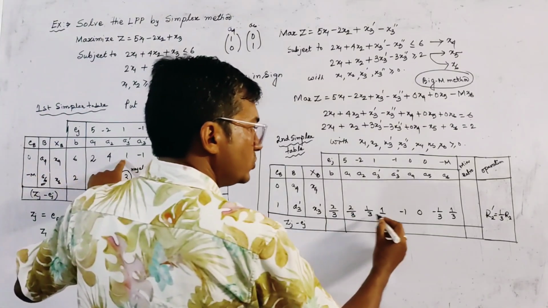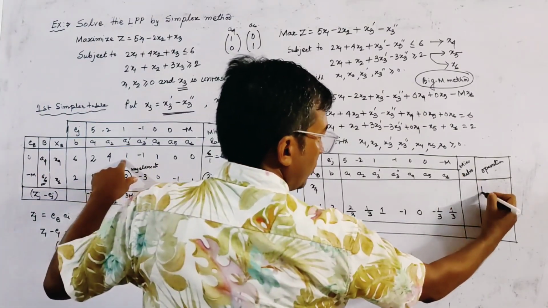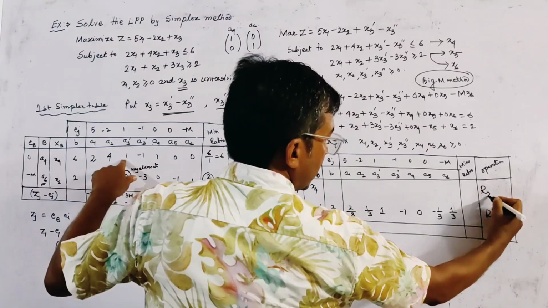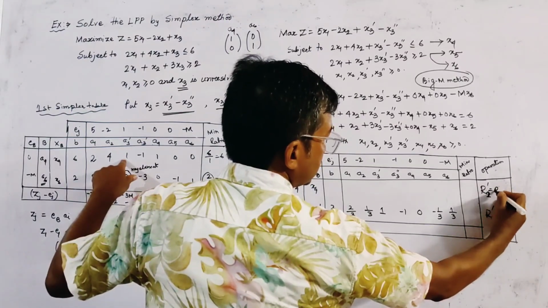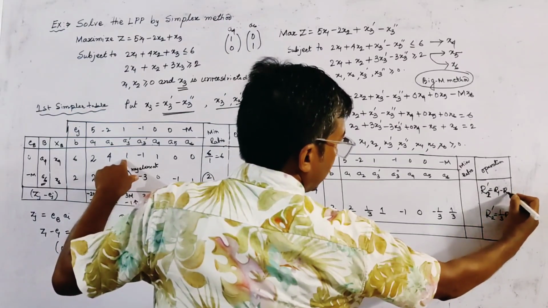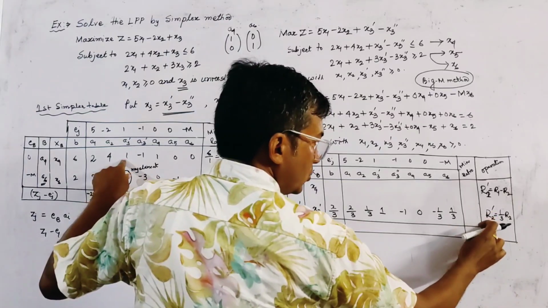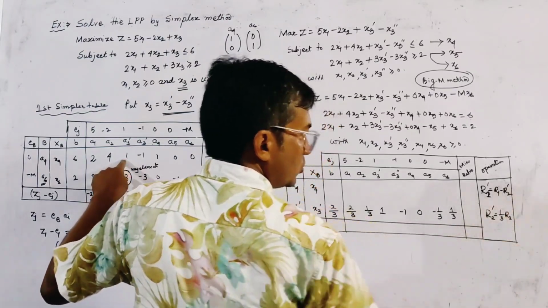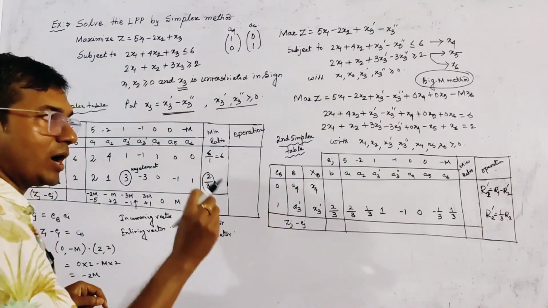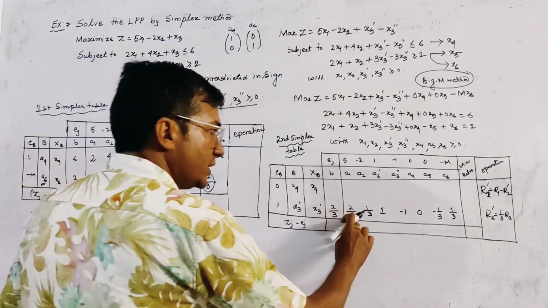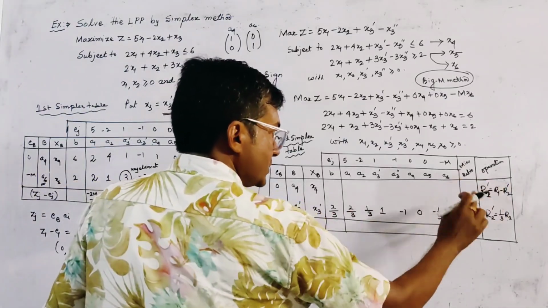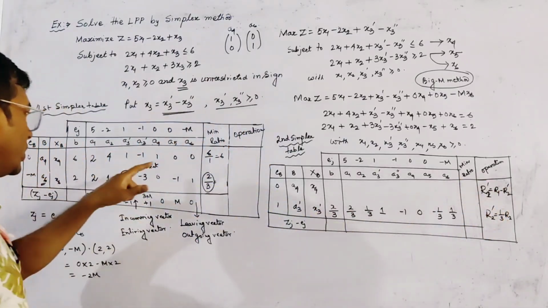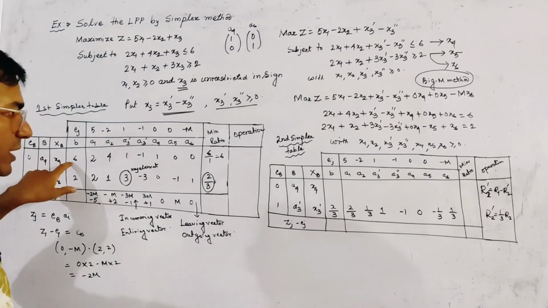This is the new second row and we operate as R1 dash. This is equal to R1 minus R2. What is R2? Or we can write this is R2 dash. R1 dash is equal to R1 minus R2 dash. This is the new R2, that is R2 dash, and R1 means old R1. Now this is given by